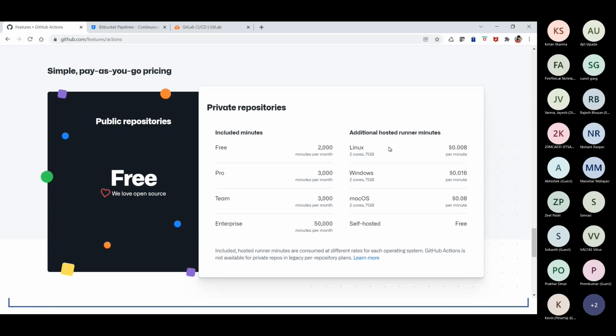Now, what are GitHub agents? In order to run the build, because I'm using the free account, I'm actually getting 2000 minutes per month. Now, this is also another benefit. If I'm keeping a Jenkins server up and running, I have to pay for every minute that server is up and running.